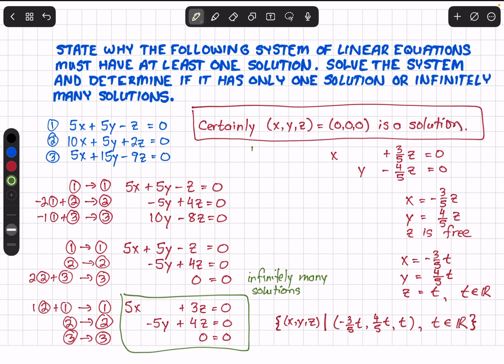So 1/5 times the first equation, that'll become the new first equation. Minus 1/5 times the second equation, that'll become the new second equation. That makes x and y clearly and directly dependent on z, and I can solve that: x is minus 3/5 z, y is 4/5 z, and z